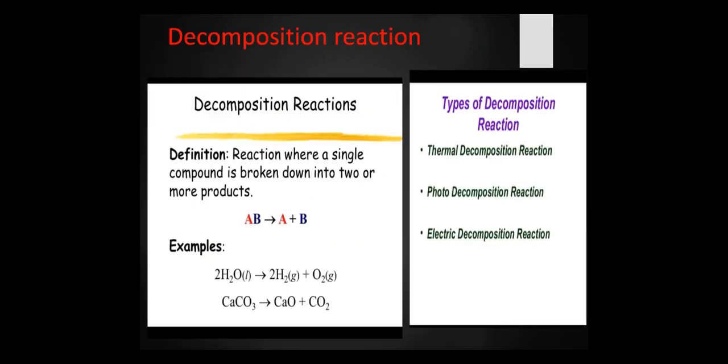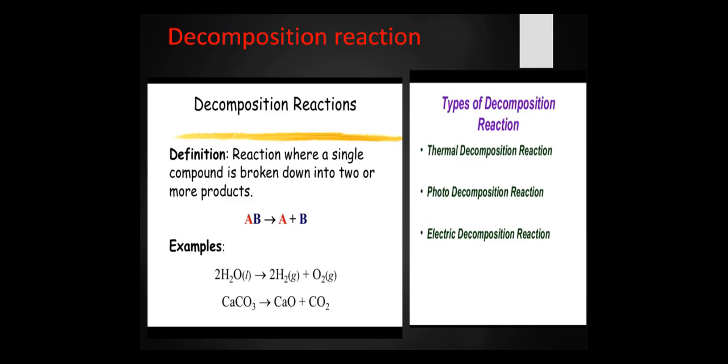Now the second is the decomposition reaction. The reaction in which a compound breaks down to form two or more simpler substances, elements or compounds, is called a decomposition reaction, and it can be represented as AB gives A plus B. In a combination reaction, we have studied that elements or compounds combine together to form a new compound. So here, as the name implies, decomposition